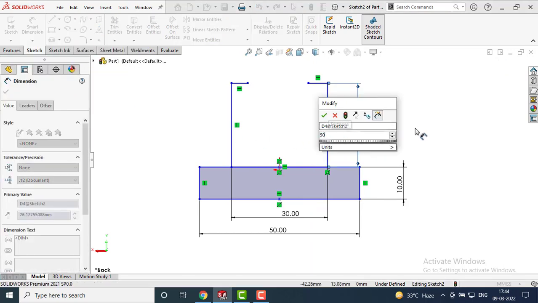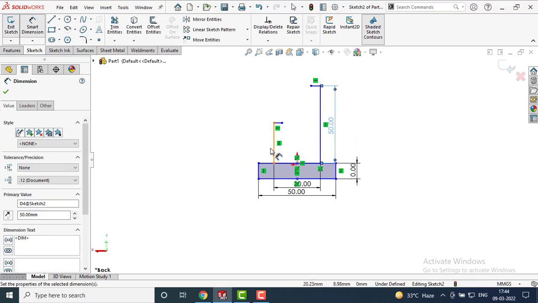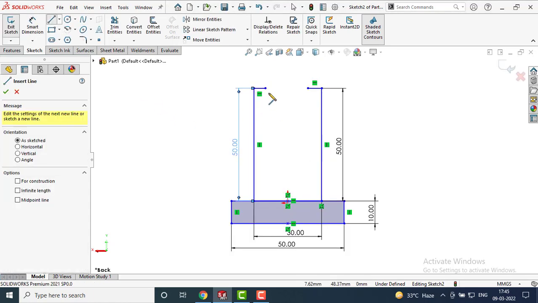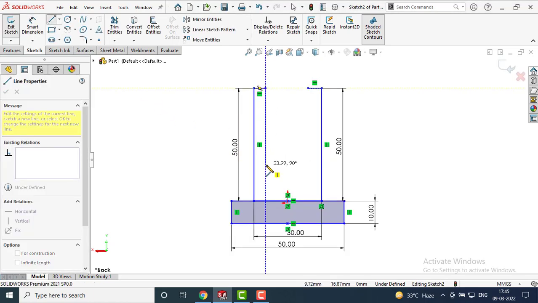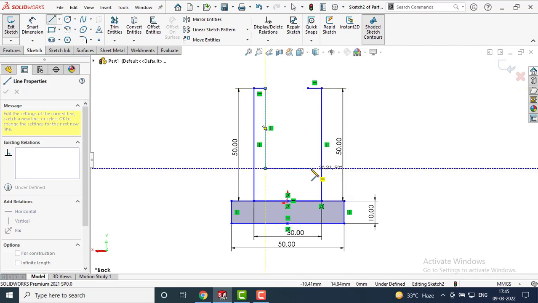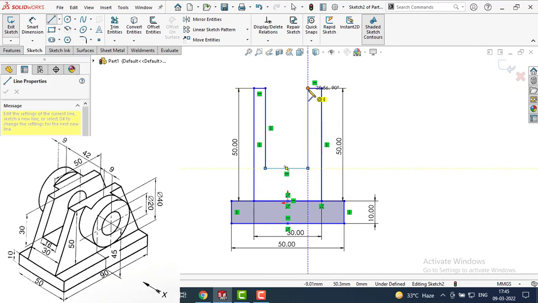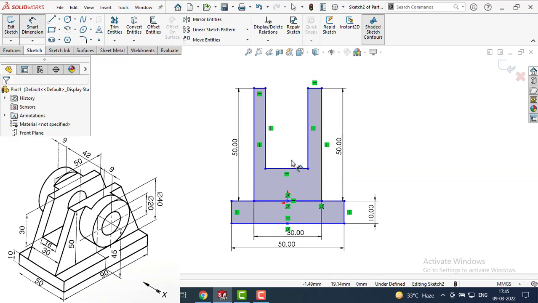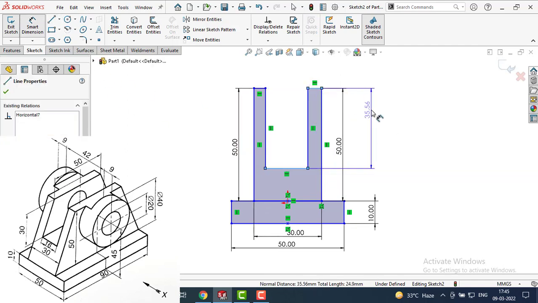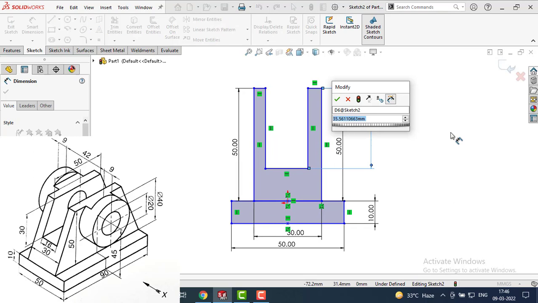Let this side be 50 mm and also this side be 50 mm. Again select lines, go to smart dimensioning, this line to this line, it should be 30 mm.